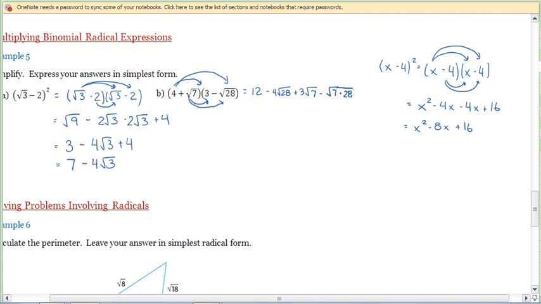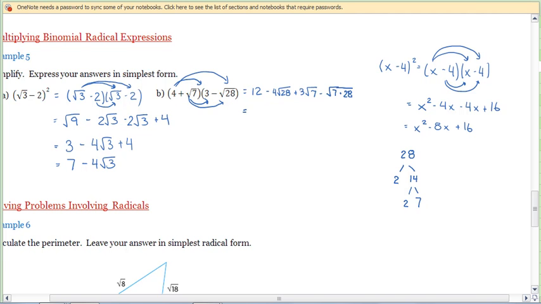Now, what you might notice here is there's some numbers here that aren't very nice to work with. So one thing that might have been useful here is to check if 28 has any perfect squares in it, and then we might have been able to simplify this radical. The question asks, does 28 have any perfect squares? And so we write down the number 28 here, and 28 factors into 2 times 14, and 14 into 2 times 7, and we know that 28 is the same